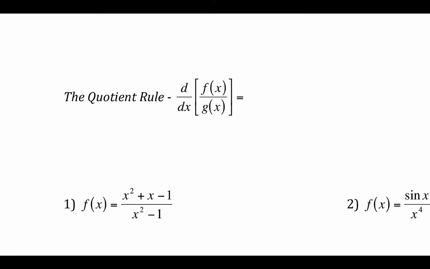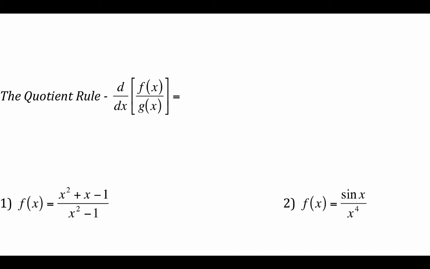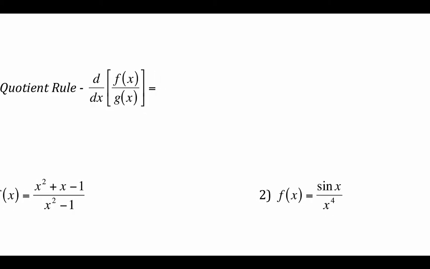Next up for derivatives is the quotient rule. Now it's got some similarities to the product rule, as in quotients or division have similarities to products or multiplication, but honestly it's just a little more complicated. So if we have the derivative of two things, f of x over g of x, we're going to do